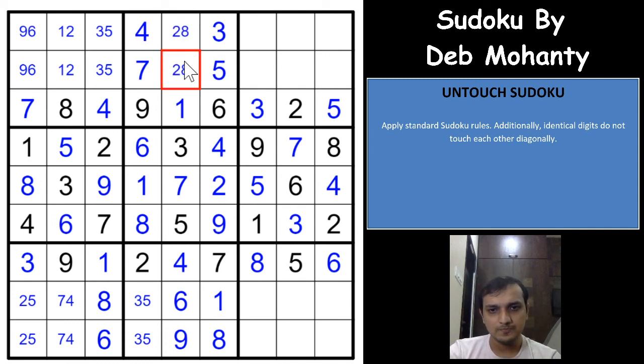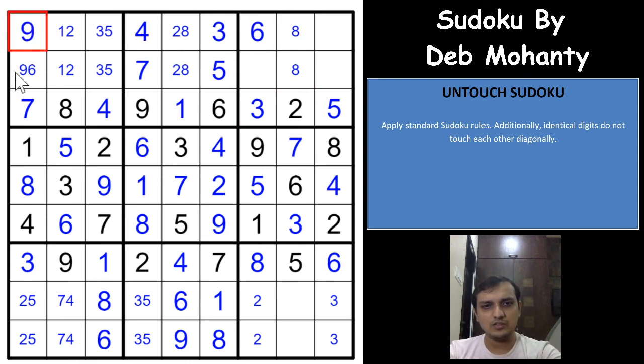So let's see that. So if you see the 2 here and 2 here, 2 has to be in one of these two cells. So 5 here and 5 here. Okay. 3 and 3. So 3 has to be in one of these two cells, right? And 6 and 8. So 6 has to be in one of these two cells, and 8 has to be in one of these two cells, right? And because of the 6 here, you can eliminate 6 from this cell and you will have a 6 here, which means this has to be 9 and this has to be 6.